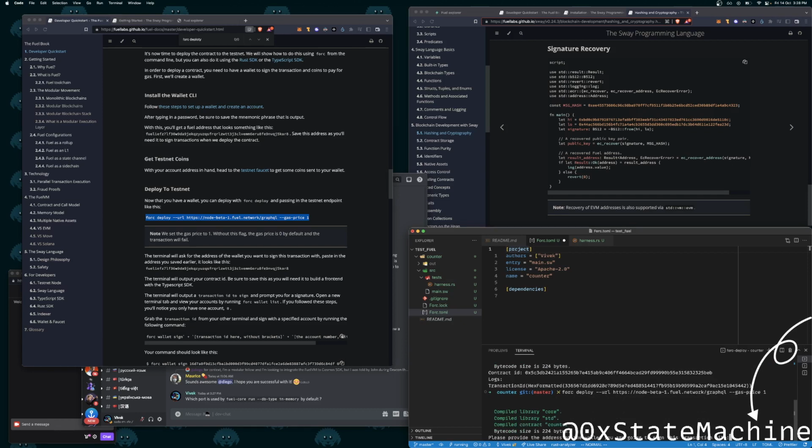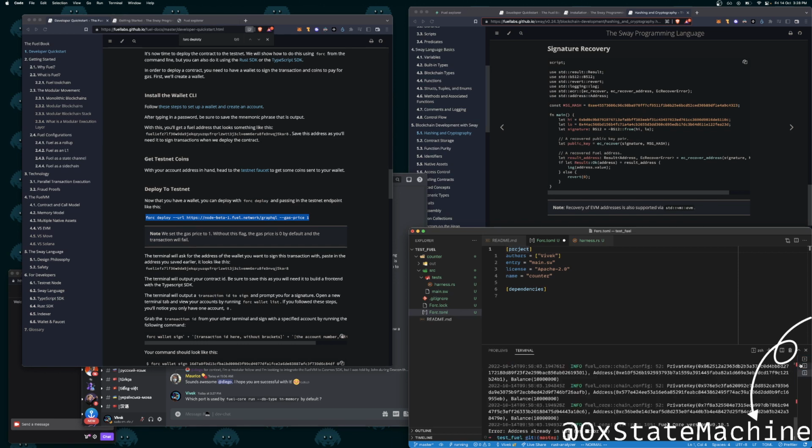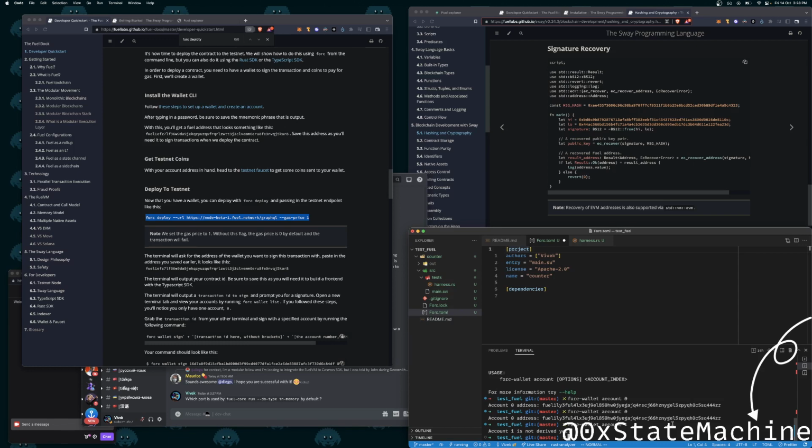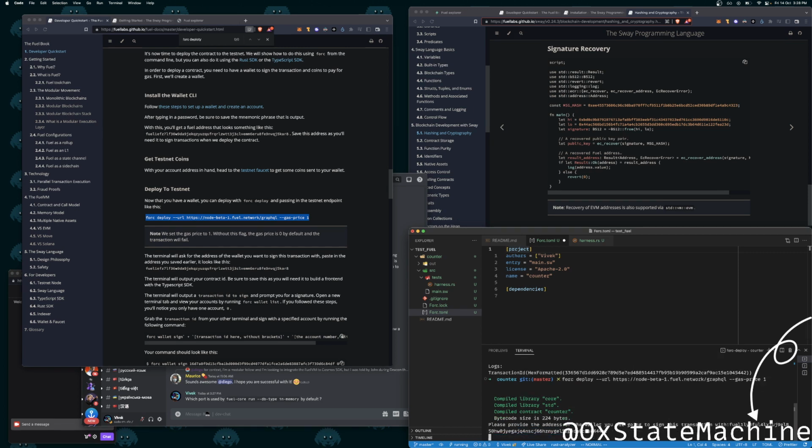Please provide the address of the wallet you're going to be using to sign this transaction. And I'm going to be using the wallet that I created. Can I access it? Let's do here. 4C wallet. And I want the account index. Is that 0? Do you also have 1? Okay, cool. So this is the address I want to use here. We're gonna paste this.